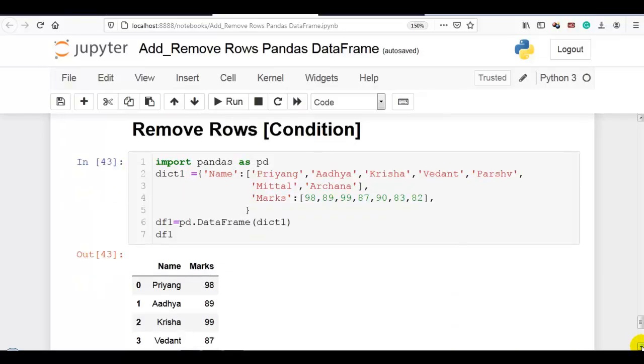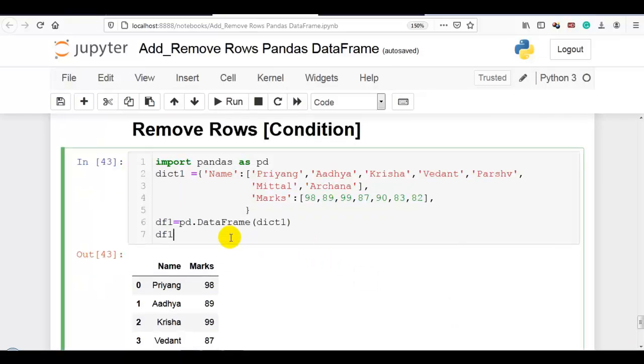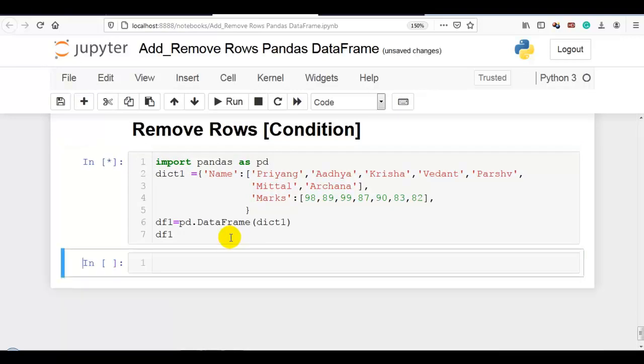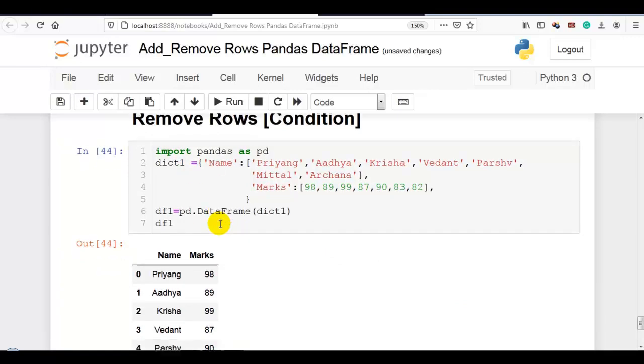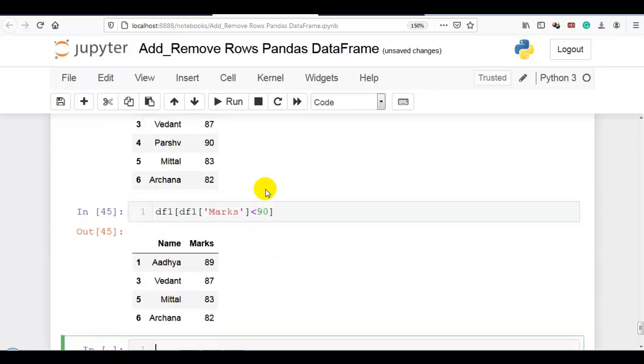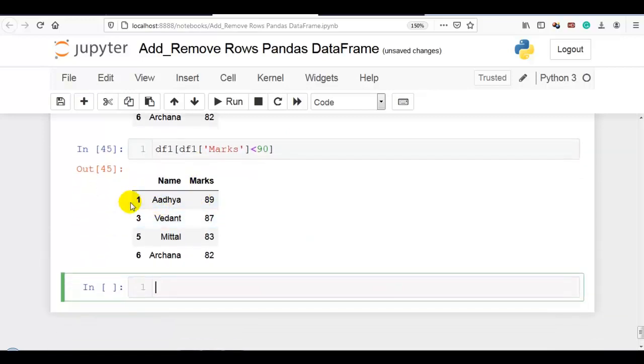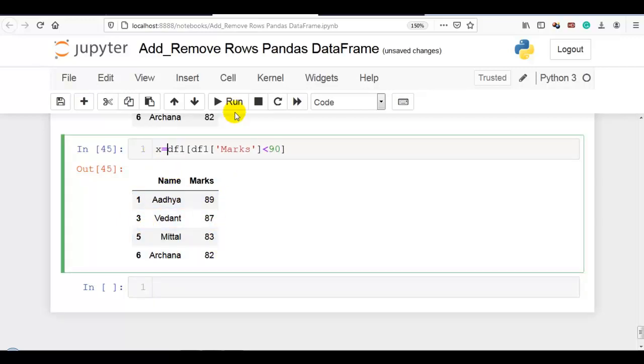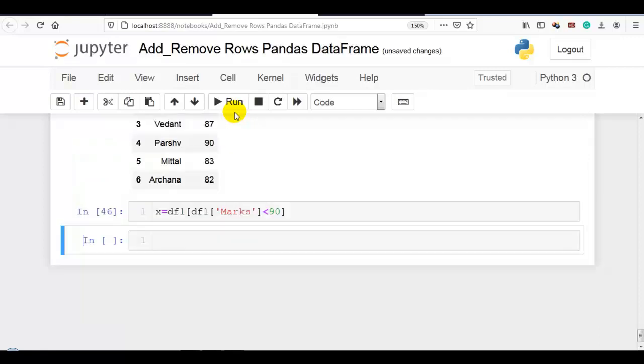Now let me show you how we can remove rows as per a given condition. So now let me execute this data frame once again. Now I want to remove the rows having marks less than 90. That you can see over here, these many rows have marks less than 90. So now let me store it into variable x.